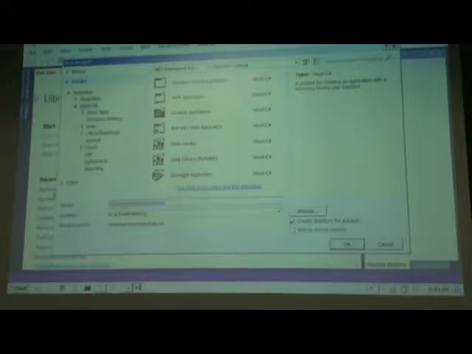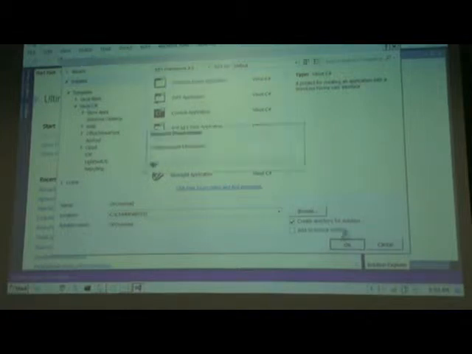Okay, and suppose this is OP overload project, and Windows Forms application, C#. Okay, so once we click,